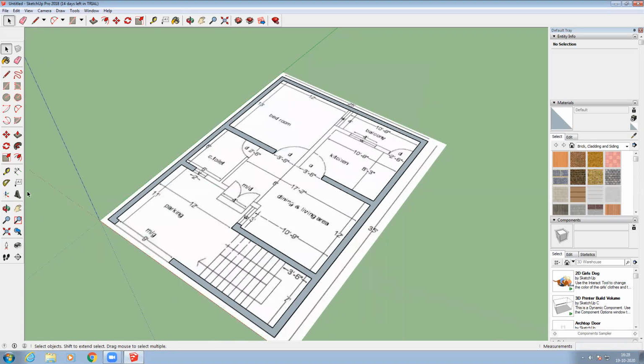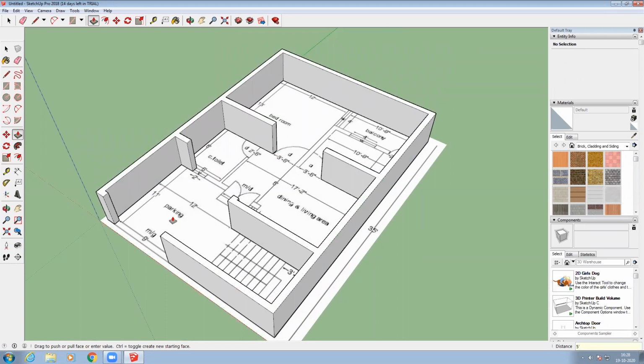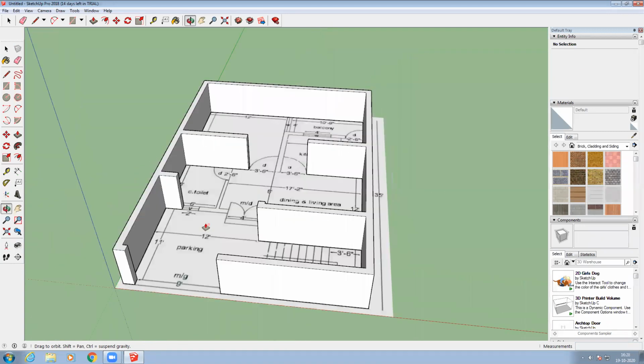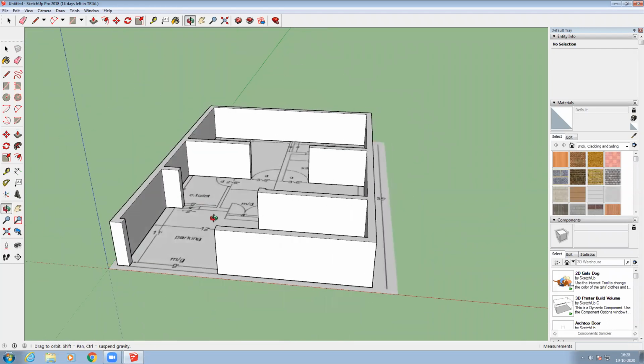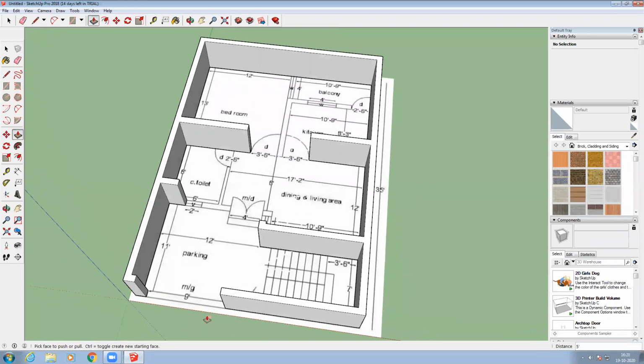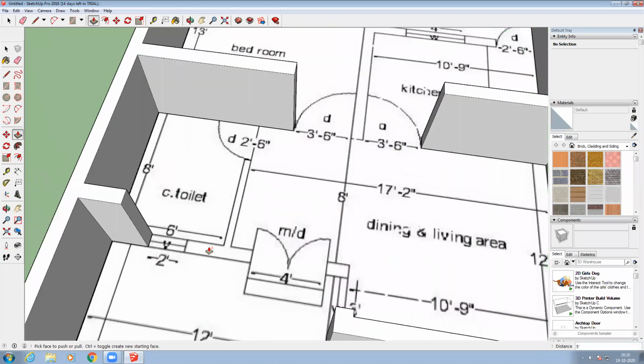Here I'm going to provide the wall like this. For example, 5 feet I'm going to give, enter. You can see the wall size now, right? So here somewhere I have to draw the window now, right? Here the opening, whatever it is there. So here it is a parking, and then here one wall is missing over here. I want to draw this wall also, right?